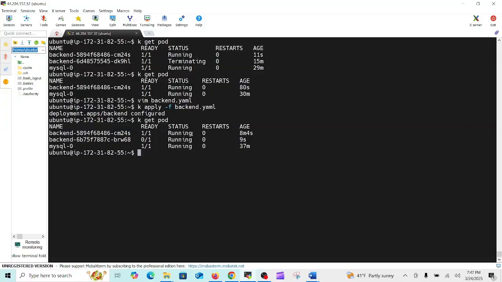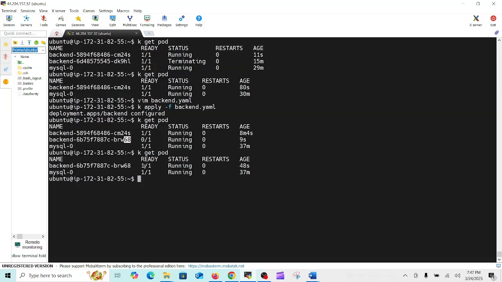It's the beauty of Kubernetes. When the new one is ready, our old one will just be deleted. See here, the new one is now ready and running, and the old one is no more, terminating already happened. This is the beauty. Okay,